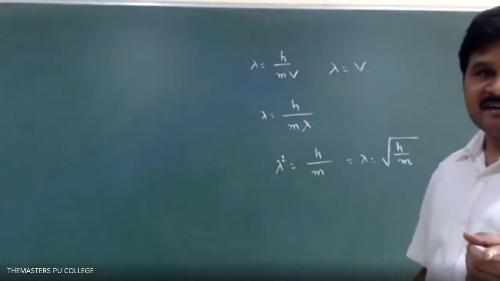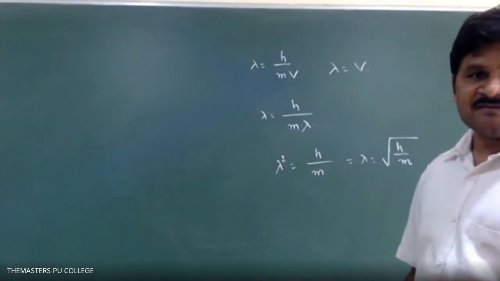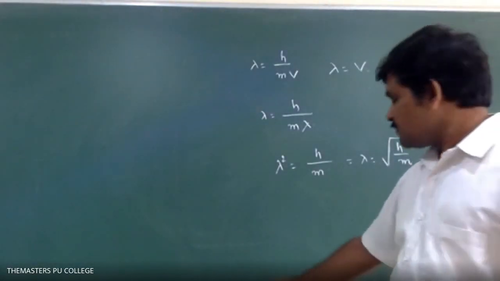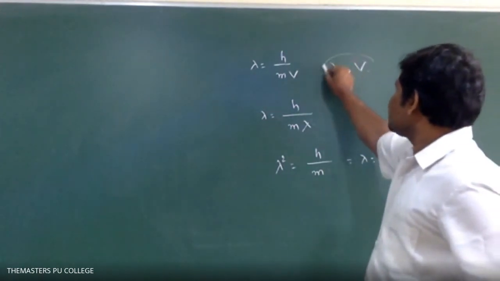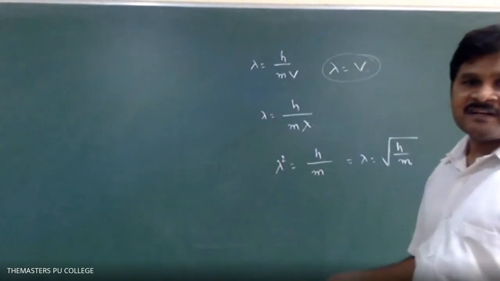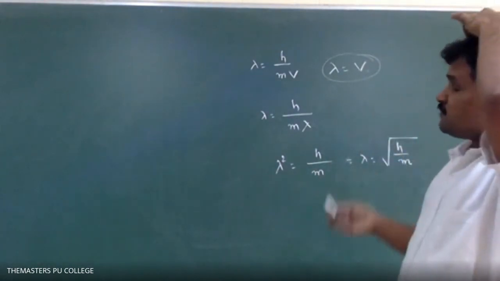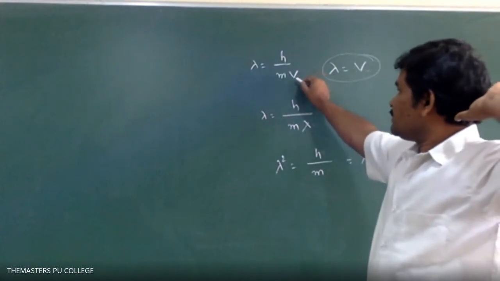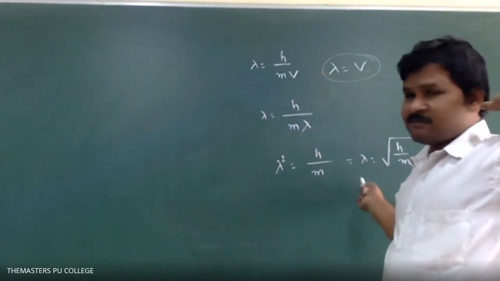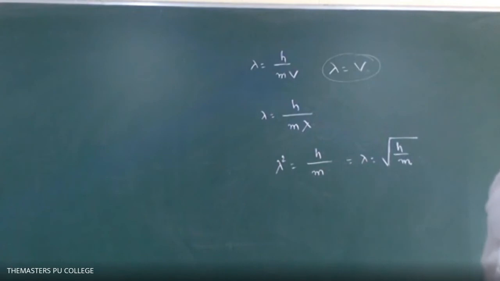Option 2, sir. First of all, are you clear about this solution? This type of questions is important. He is telling the wavelength is numerically equal to distance traveled, which means we have to take velocity. So lambda is equal to v. Okay, na? Next, we know this formula, so instead of v, you write lambda and simplify the rest of the calculation.